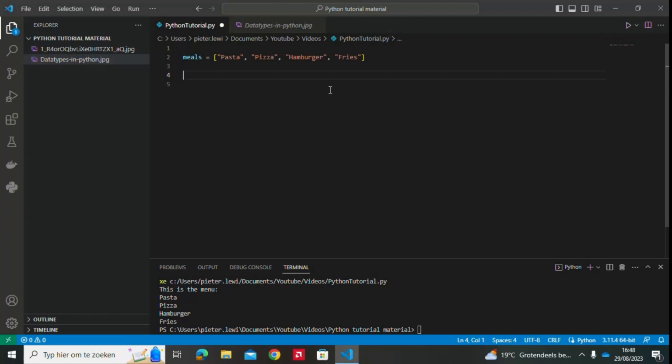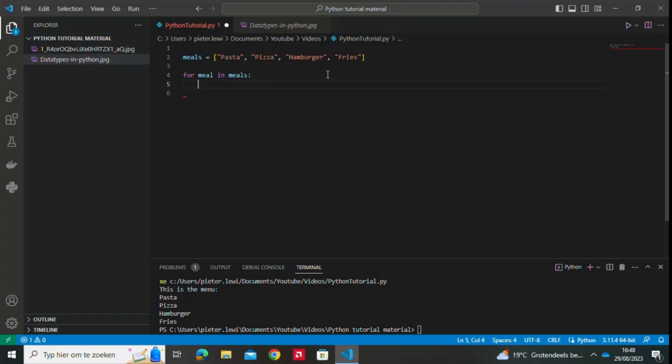So I want to make a for loop, so we're going to start with for. And we want to make our variable, or keep it simple, for every meal, of course in our list meals. Enter, and then